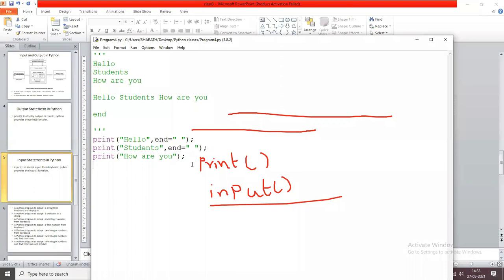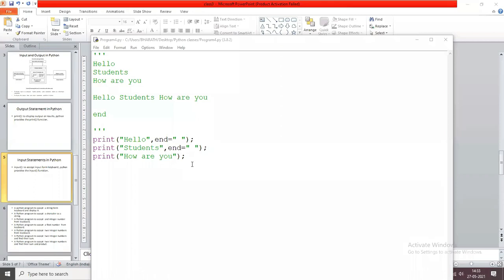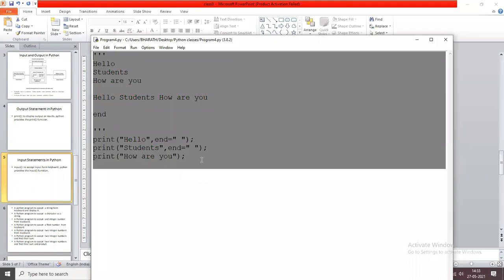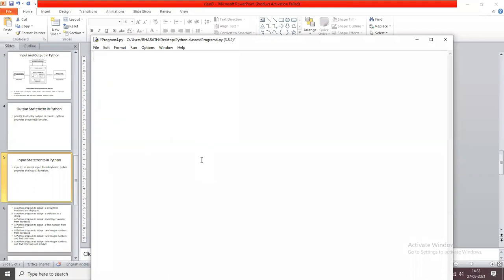Now we are going to see how to read a string from the keyboard. For example, I enter CR Reddy College of Engineering.